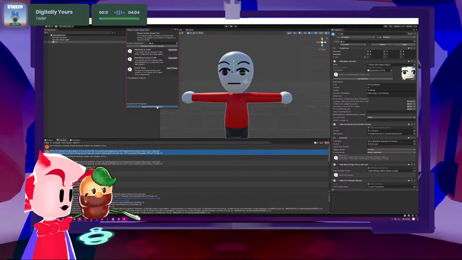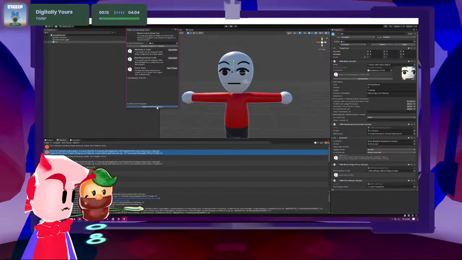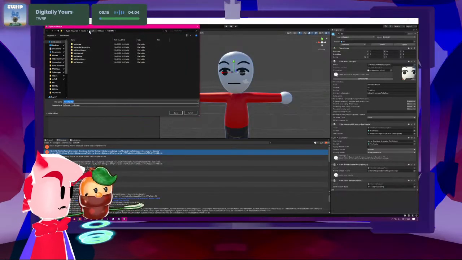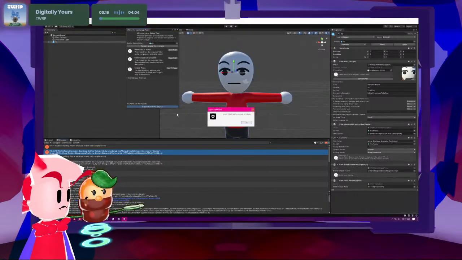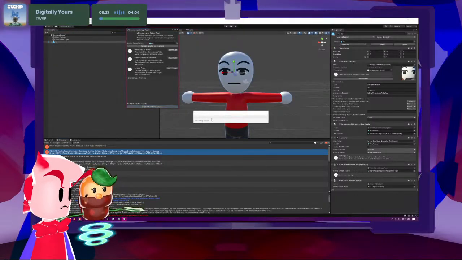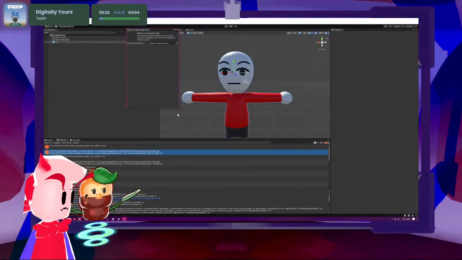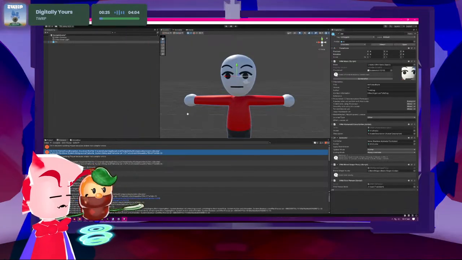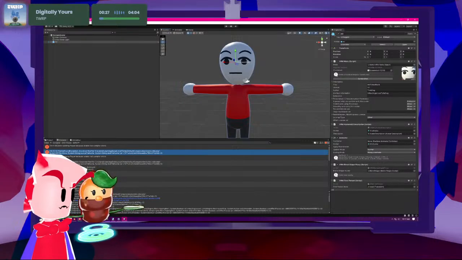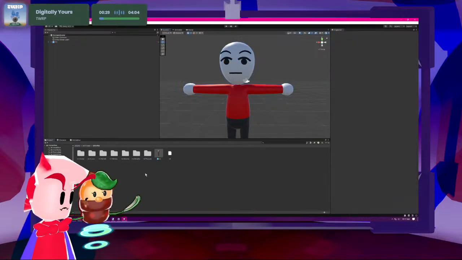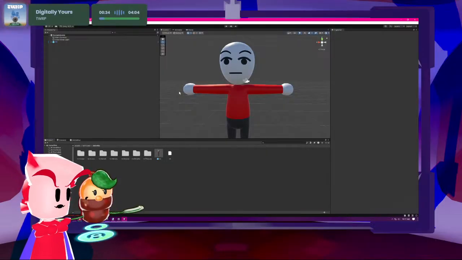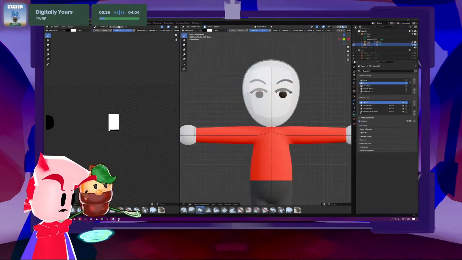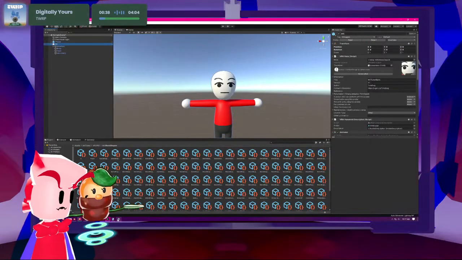It doesn't have permission for itself or something. I don't know what's going on. Try restarting it. That took forever to open, so I don't want to do that, but